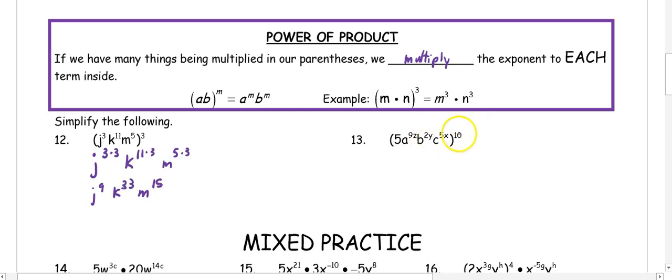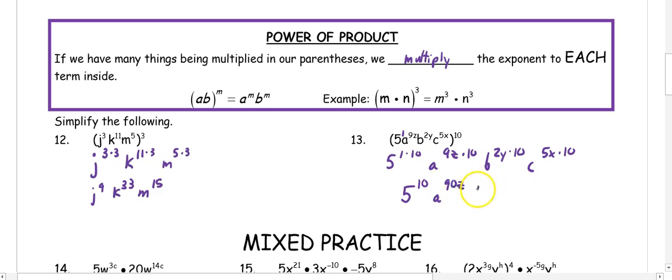In 15, we're going to multiply all of our exponents by 10. Even if 5 doesn't have an exponent, remember that's a 1 then. So we would have 5 to the 1 times 10, a to the 9z times 10, b to the 2y times 10, and c to the 5x times 10. So 1 times 10 is 5 to the 10th, a to the 90th z, b to the 20th y, and